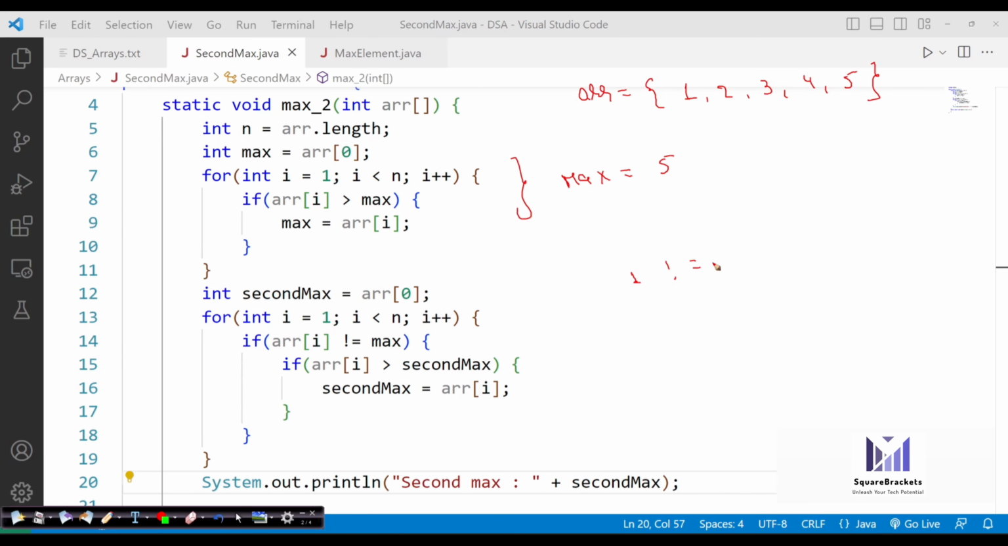1 is not equals to 5. True. So 1 is greater than 1? No, actually it's not. So it will then go to the second element. 2 is not equals to 5, and what exactly do we have in my second max variable? In my second max variable, I still have 1. So 2 is greater than 1. Yes. So now the second max becomes